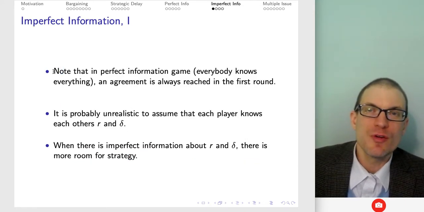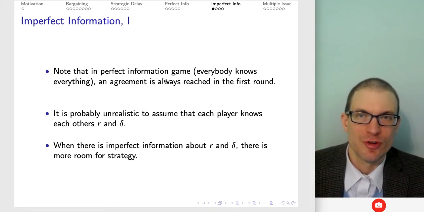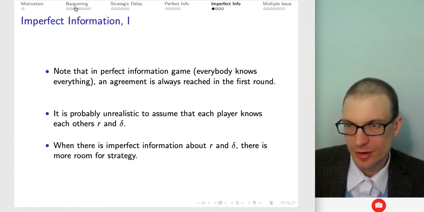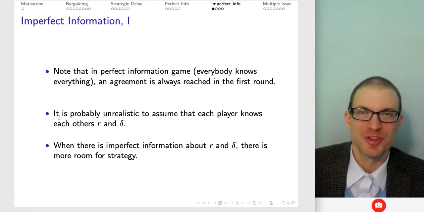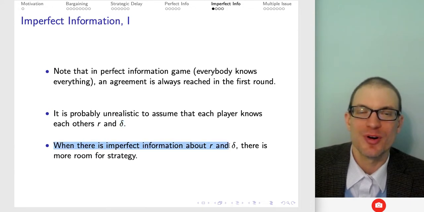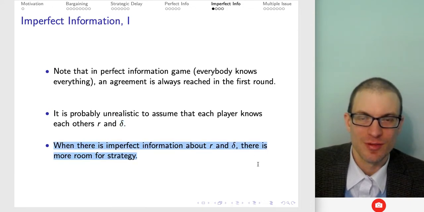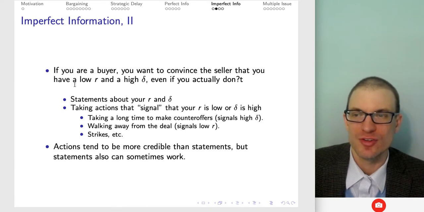Notice that in the perfect information game, where everyone knows everything, the agreement is always reached in the first round, as we showed earlier here. It's kind of the specific case. Also, it's probably unrealistic to expect that we know everything, that we know your reservation price for both, and we know everybody's patience parameters. When there's imperfect information about reservation prices and patience, there's more room for strategy,